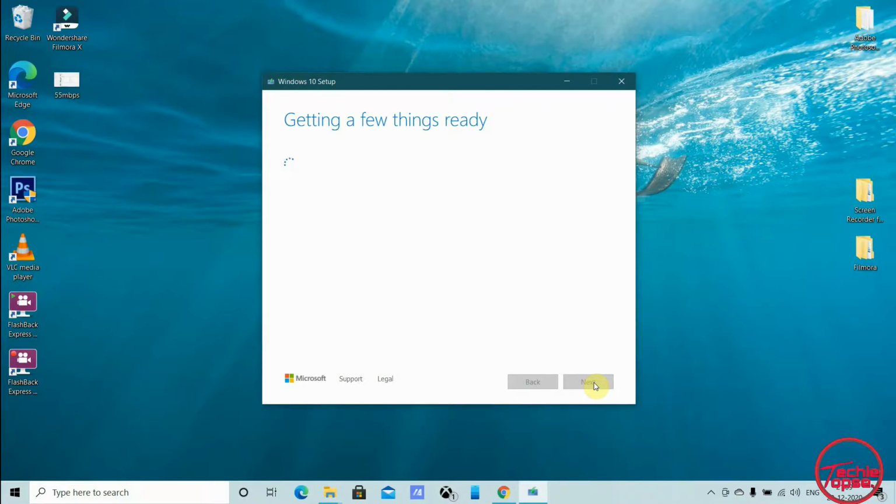Now it will download the Windows 10 automatically to your local system.